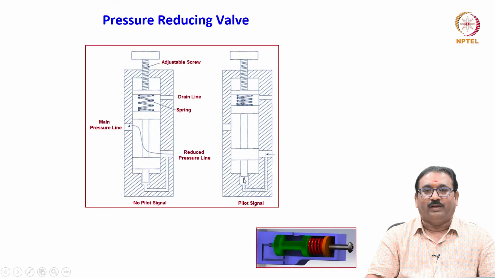Now I will show you the constructional feature of the pressure reducing valve. Always it is an open type. You will see now always from the reduced pressure line to the main line it is always open. This setting, again, I set the pressure as much as you want. Once this pressure is increased, then it will close. In the beginning it is open. All looks the same, friends, you will see. Now it will close.